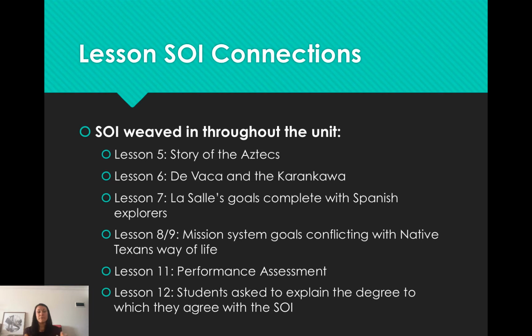What I have here, I'm not going to go through all of them, but it's just an example of how that SOI is weaved in intentionally into each of our lessons, because the goal is that the SOI is something that our students know and that they're able to debate about and articulate their thoughts and why they think what they think. It shouldn't just be, like I said, one of those things that's up on the board. They can point to it, but they don't really know what it means or can't explain it in terms of the content that they're learning or their own lives.